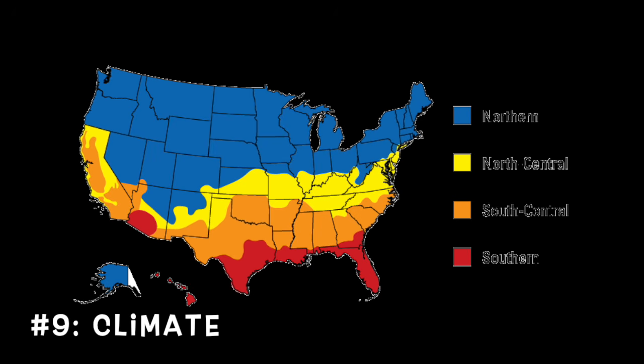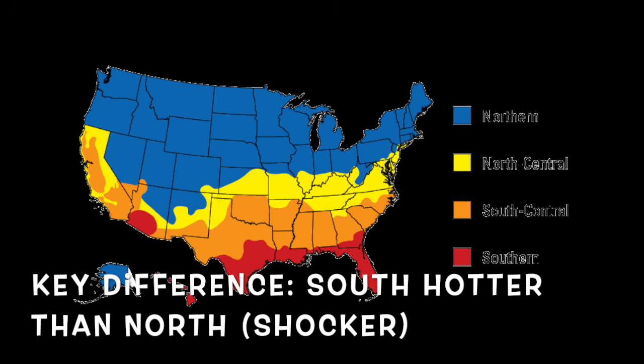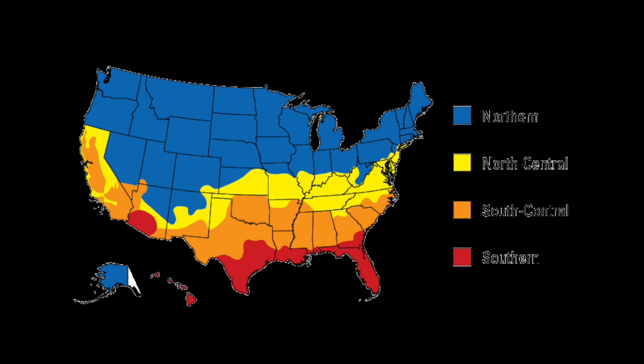Number 9, climate. As you might be able to guess, it was hotter in the South than it was in the North. As a result, slavery was not just seen as immoral by many Northerners, but simply impractical. An agrarian economy was not feasible in states with colder weather. That's really why most northern states had banned slavery by the early 1800s. But speaking of slavery, let's dive into the most